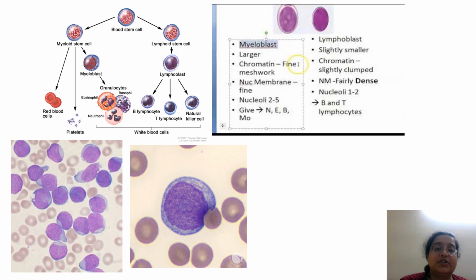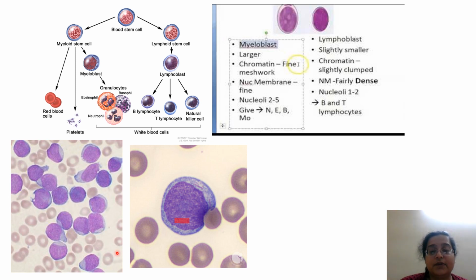Okay, this is a chart just showing key stem cells. There's a lymphoid arm and a myeloid arm and what develops from that. Now, what is important, someone asked me, is to differentiate between a myeloid and a lymphoid blast. This is a myeloid blast. The chromatin appears fine. There is a good amount of cytoplasm, and then if I rub this out, you are going to see our rods.